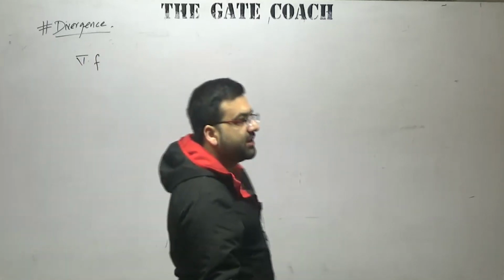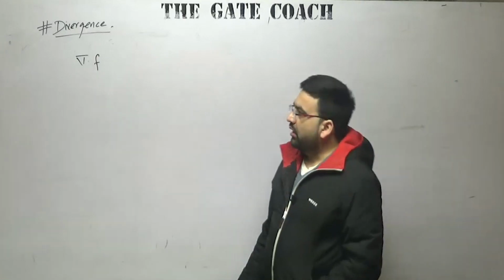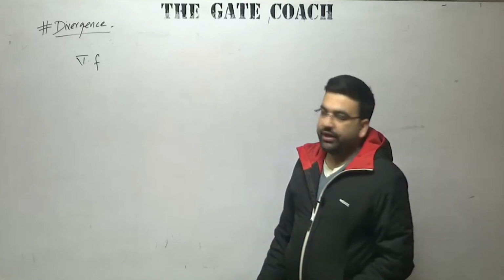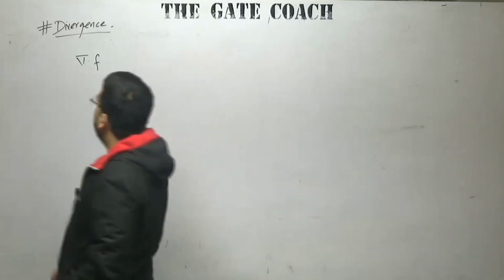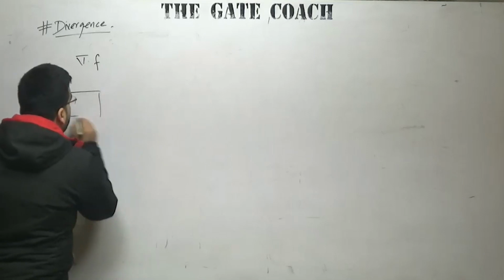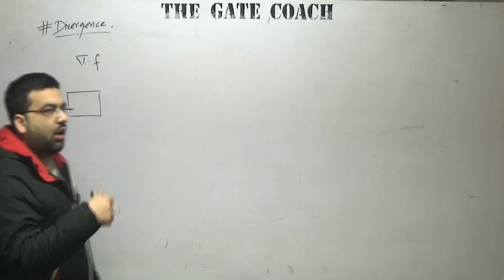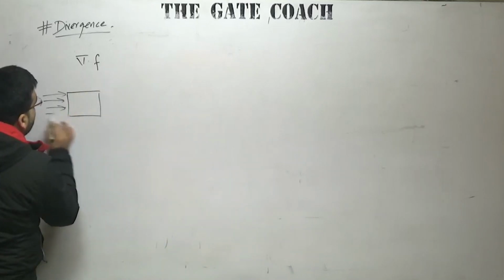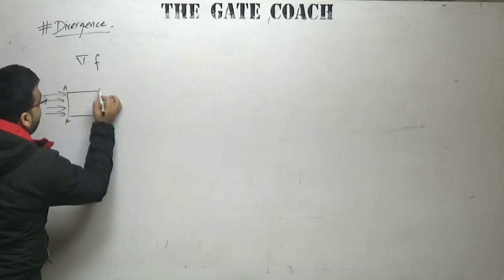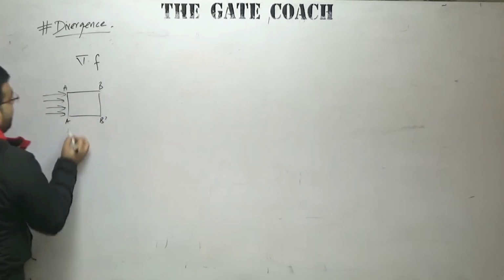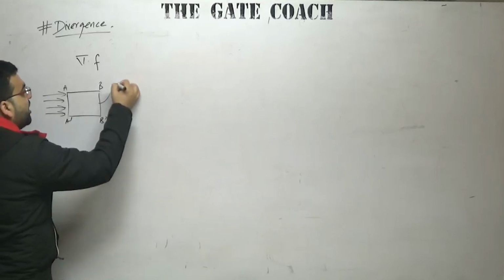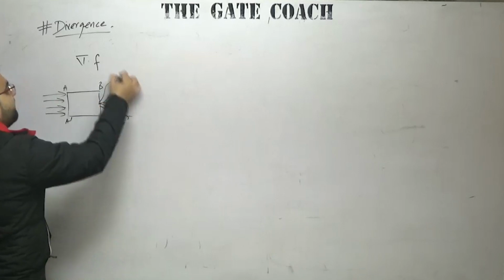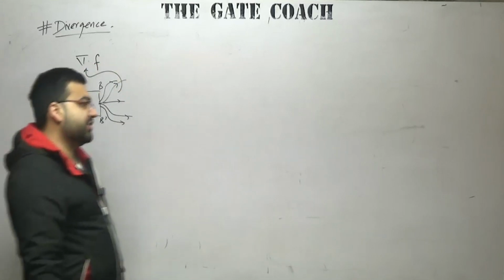Divergence will give you a scalar quantity, not a vector quantity. Directional derivative also gives me a scalar quantity. Okay, grad f gives me a vector quantity. Now what is the physical significance of divergence? Divergence will tell you the rate at which the fluid is coming out from a particular surface. For example, some fluid was entering this particular section, let us say it is AA dash, and this is my BB dash section. By how much rate this fluid is actually coming out from this surface, that is represented by this divergence. That is the physical significance of divergence.